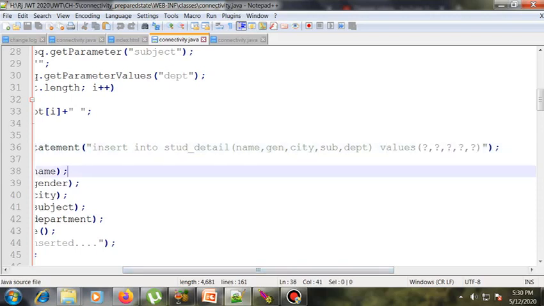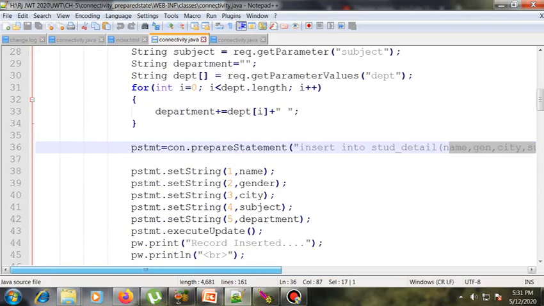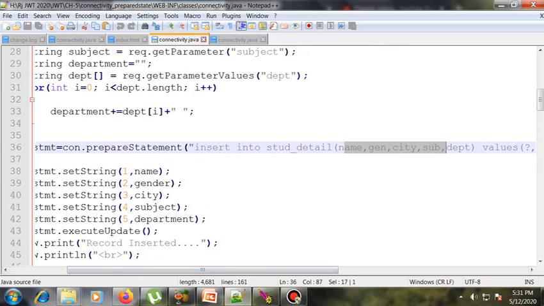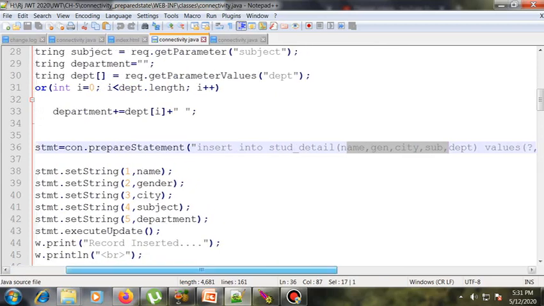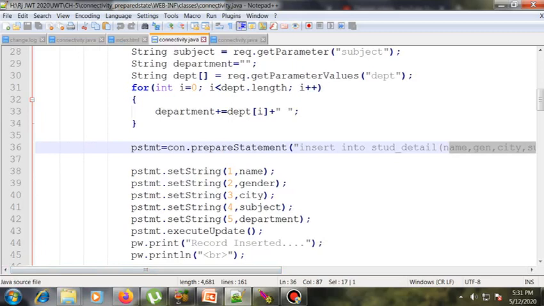When you are passing the question marks in values, you have to set all these values by methods. So which kind of method? Name, gender, city, subject, department are all string values, so you have to use the setString method of the PreparedStatement interface.